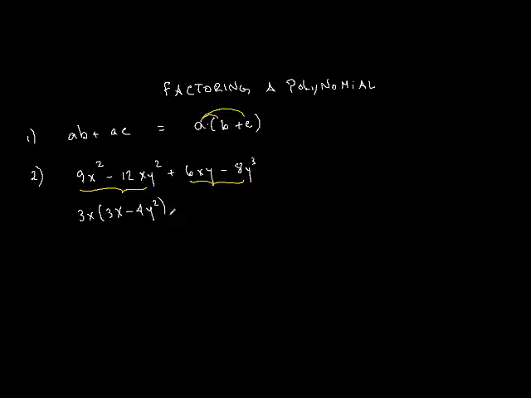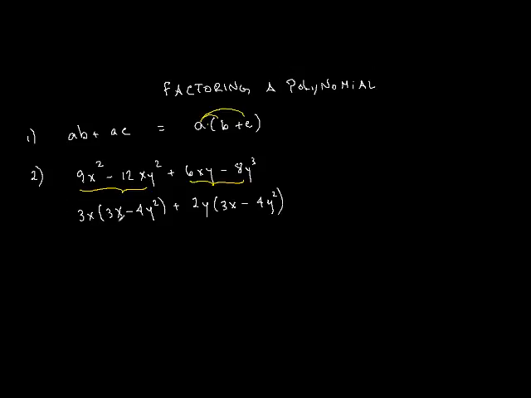y squared, plus. And from the second two terms over here, I'm going to factor out a common factor of 2y. So 2y. In my brackets, I'm left with 3x, the y is gone, minus 4y squared. Now, at first glance, you might think you're finished, but if we take a look again,